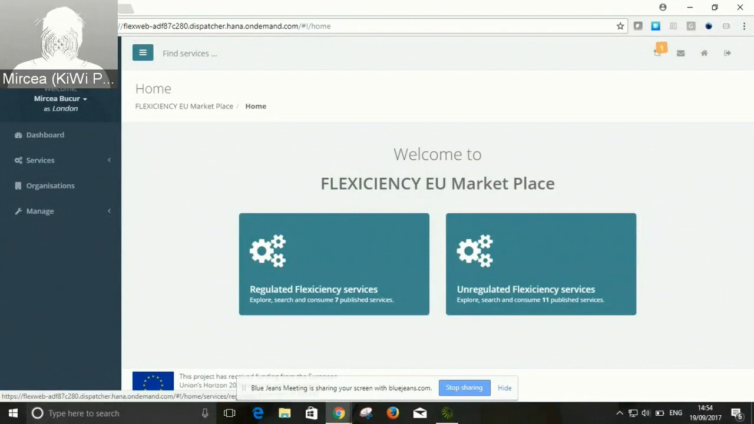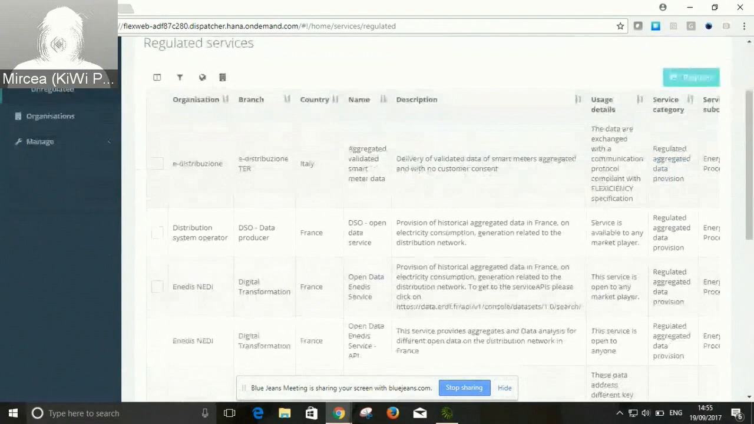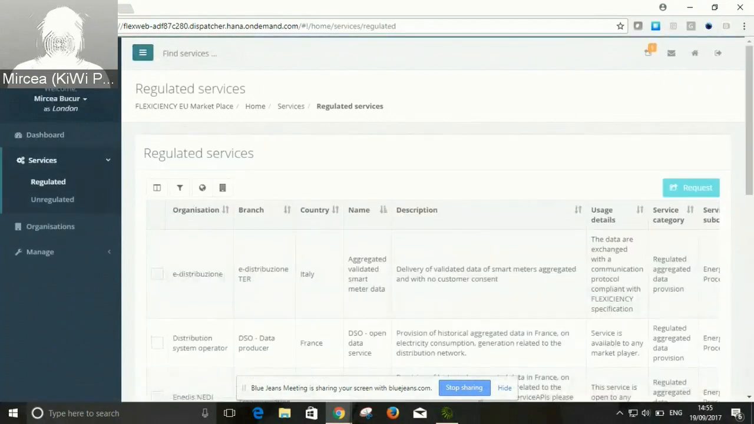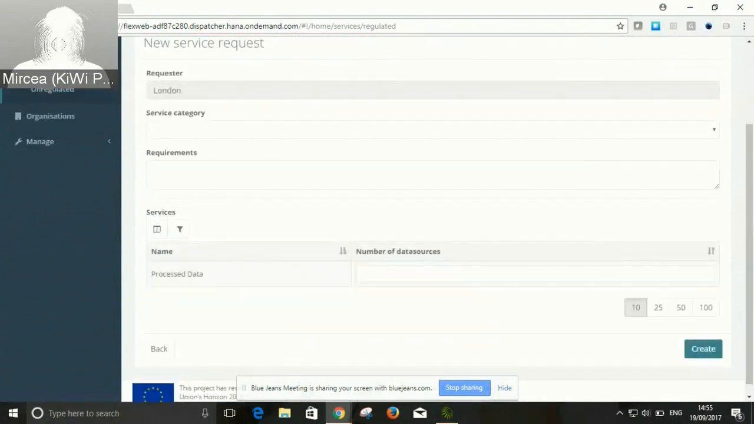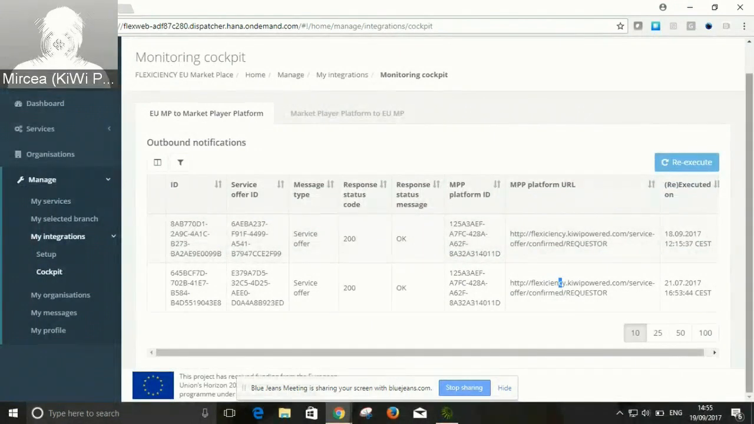And so I think I won't insist too much on the aspects of the marketplace and how we subscribe to various services. I think you've already seen that, but just in case, we just go for the type of services that we're interested in. This case is regulated services, and we select a type of service provision that we're interested. We place a request, and I'll just switch to a different screen where I can show the actual results of